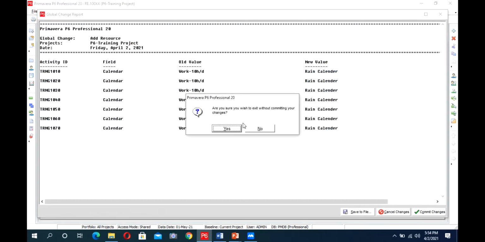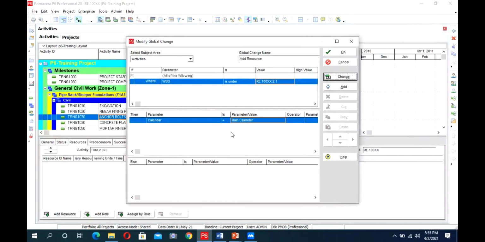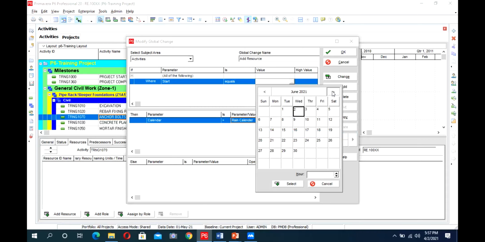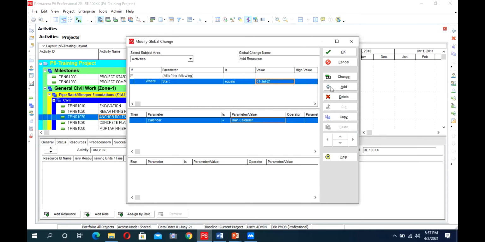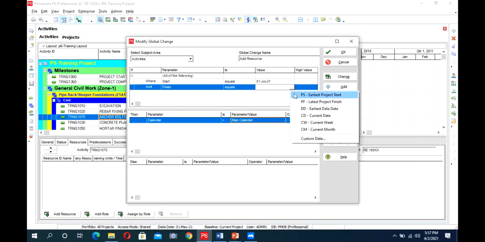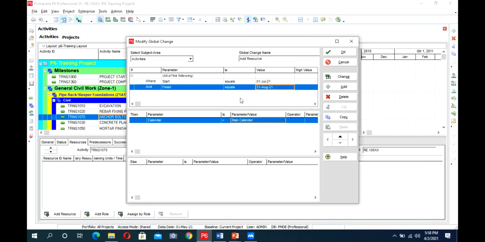So we have a question in the exercise: if some activities run from June to August, we will say the activity starts equal to July 1 and finish is equal to 31st of August.